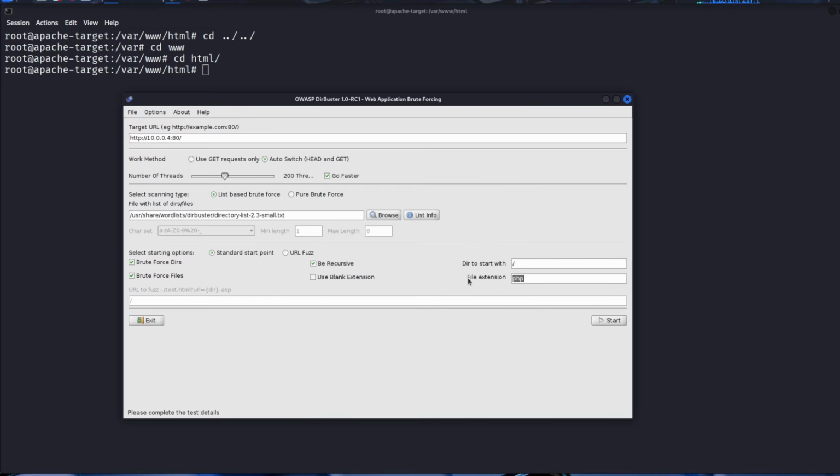Files to look for. It'll also look for file types, so it will put the name in front of the file type we pass. So if we say txt, it will put whatever's in the list: admin.txt, word.txt, dev.txt. We'll turn recursive off because, if it does find a directory, it will start the scan again within that directory. We can turn that off for now, it's fine. But that should be enough. If we run that,